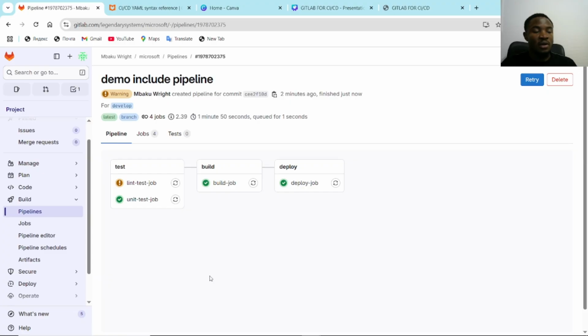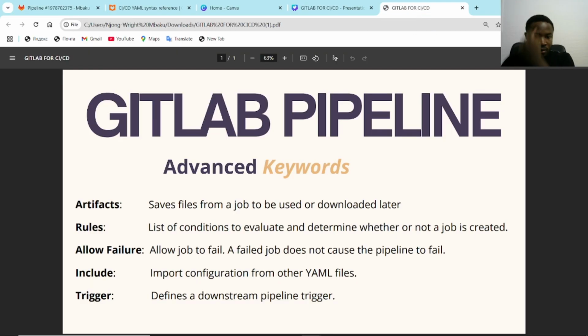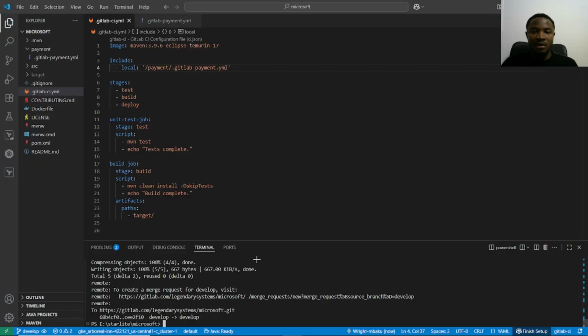The last keyword is going to be the trigger. Okay, the trigger. So the trigger defines a downstream pipeline trigger. So here, like the word says, we are going to trigger a pipeline. This time it's a downstream or a child pipeline. You see, so it's a child pipeline, and it's different because